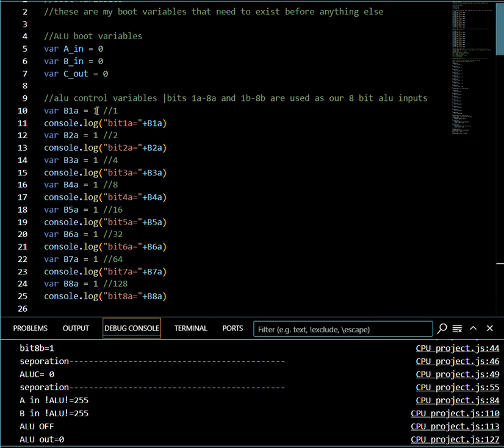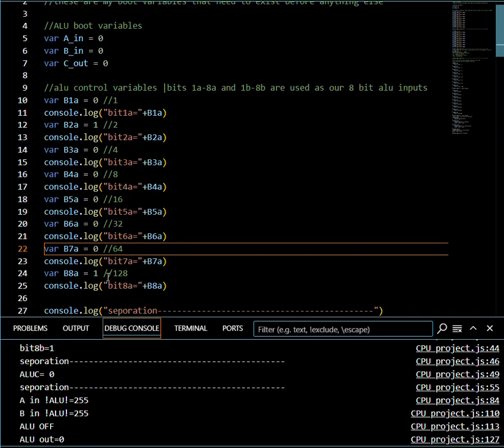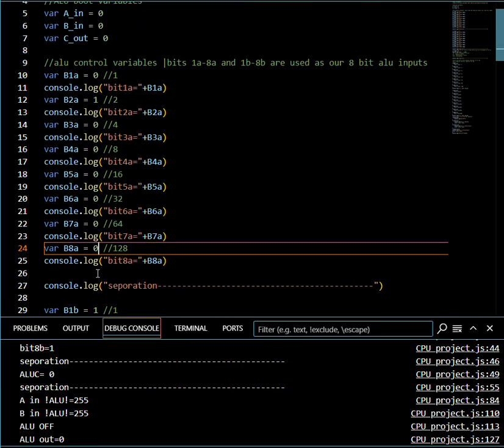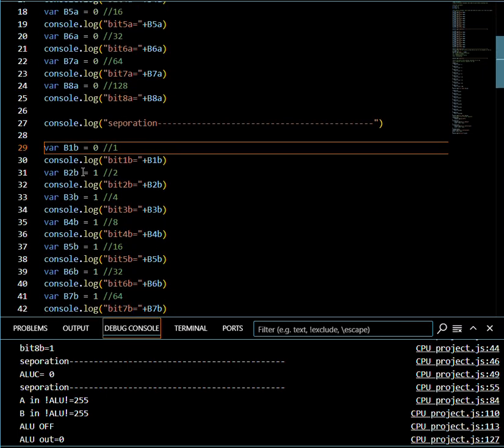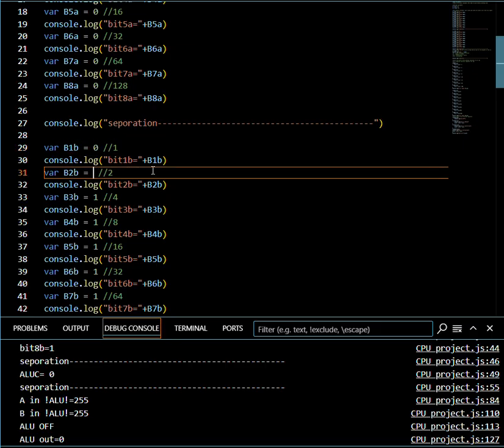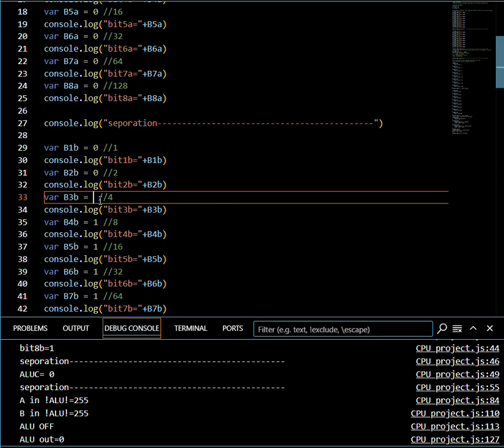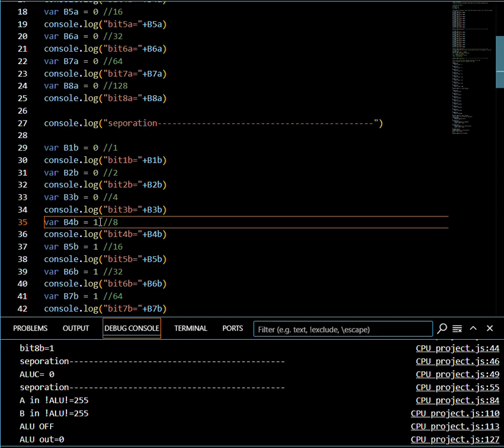So what we need to do is to rewrite a program to multiply, because 2 times 128 is A times B. And what I can do here now is I can reset the rest of the variables on the B inputs to only give us 128, which means